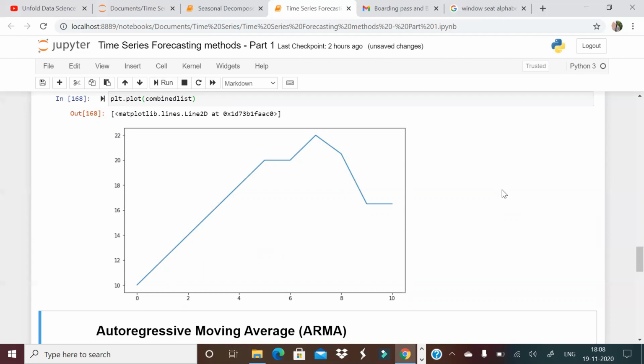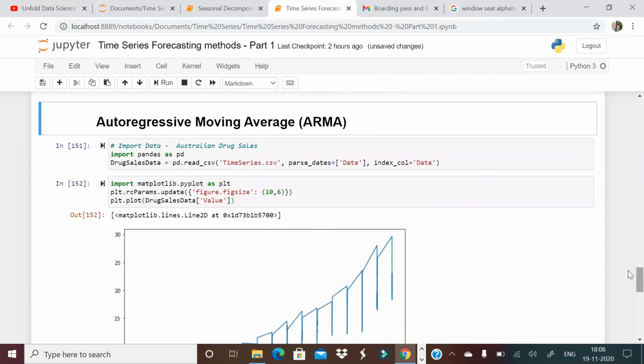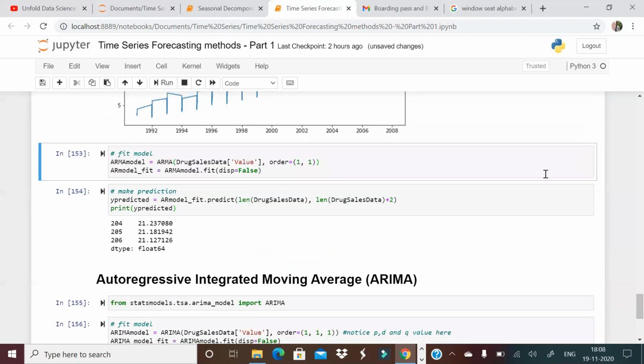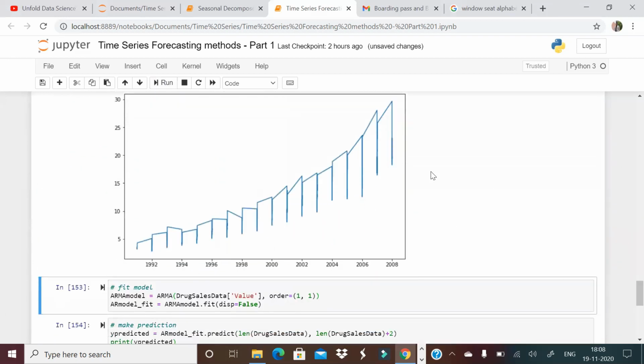In a real world scenario, auto regression and moving average independently do not typically solve a business problem. So what we do, we combine AR and MA. How to do that? I am going to show you with another data. That data we had taken in my last example as well, that is drug sales data. So this drug sales data I am importing. This is how this data looks like. This is nothing but the drug sales over these years.